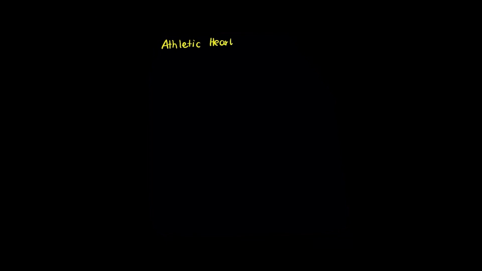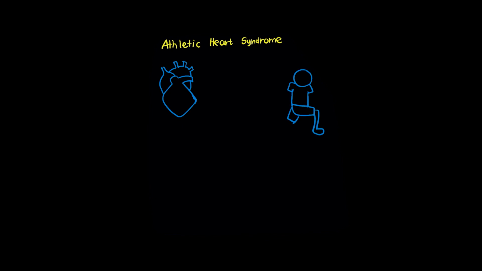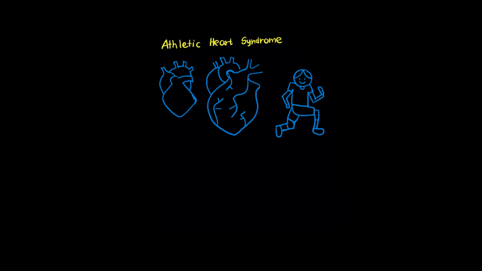To really understand athletic heart syndrome, let's explore this fascinating adaptation. When athletes engage in regular, intense cardiovascular training, their hearts undergo remarkable changes. The heart muscle becomes stronger and more efficient, developing increased chamber size and wall thickness. This adaptation allows the heart to pump more blood with each contraction, a higher stroke volume. Because each heartbeat moves more blood, the heart doesn't need to beat as frequently to meet the body's oxygen demands